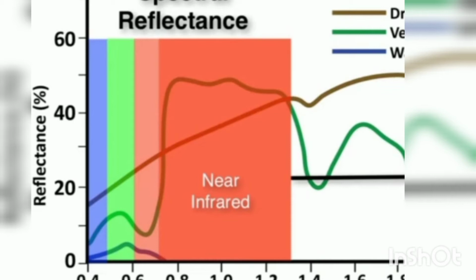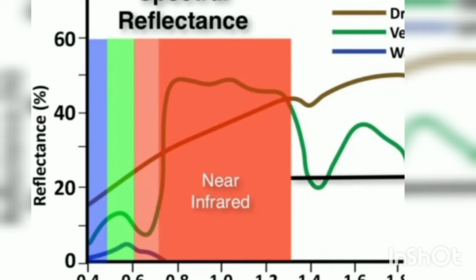The chlorophyll on the plants absorbs blue and red waves and reflects green waves. That's why healthy vegetation is seen in green color, and the unhealthy vegetation is seen in